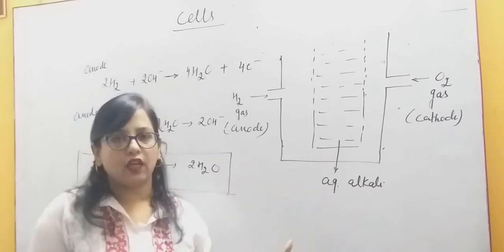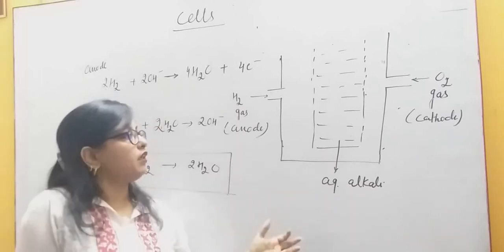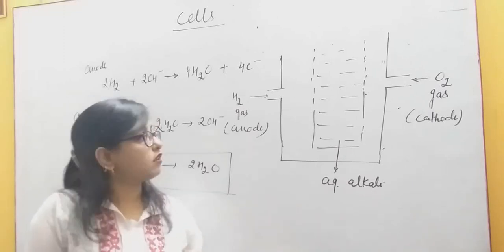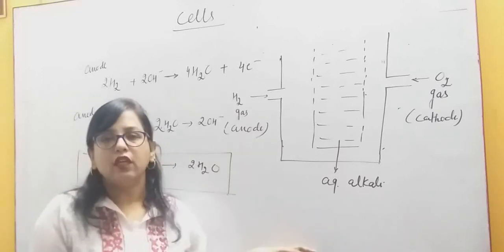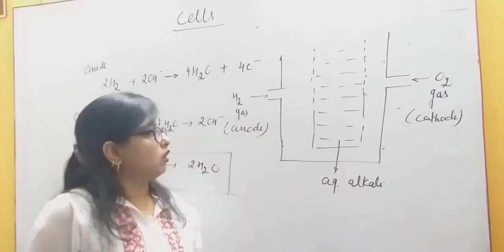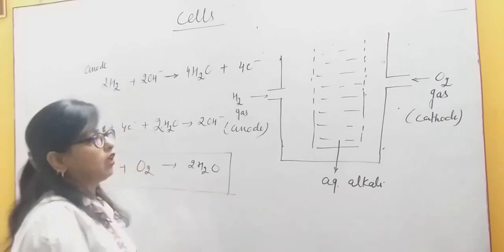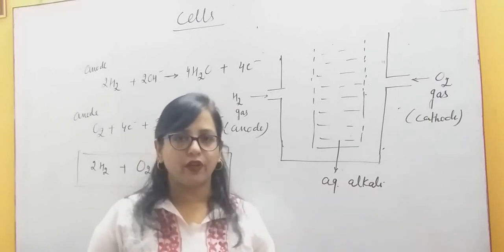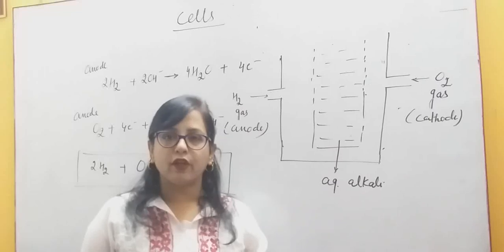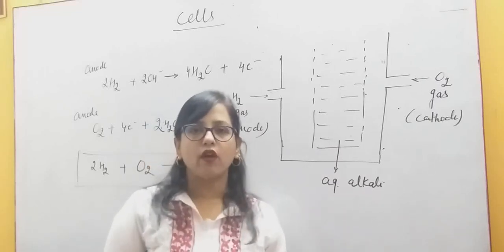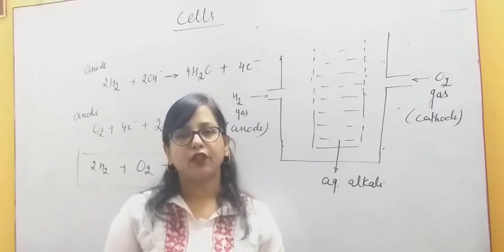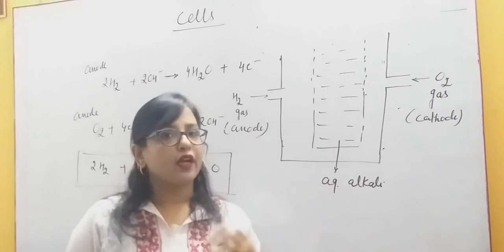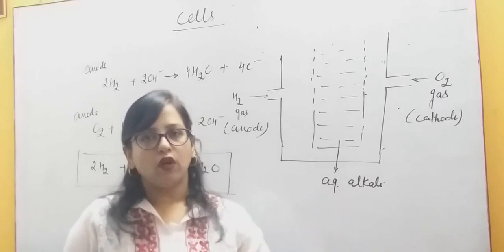This is a very efficient cell. Its efficiency may be 70% and it makes a potential according to supply of gas. So these kinds of cells which have a very large amount of efficiency can be used in the space programs. It does not have any fixed potential like our Leclanche cell which has a cell potential range of 1.25 to 1.50, and our mercury battery cell which has cell potential of 1.35 volt, and lead storage battery which has cell potential of 2 volt, and you can change the battery, you can convert it into a battery of 6 volt or 12 volt.